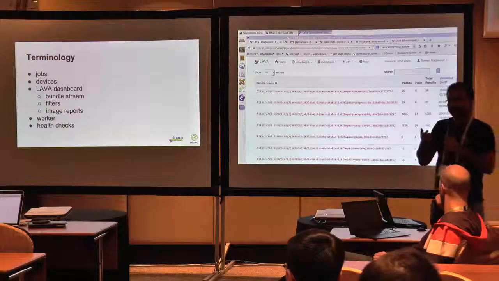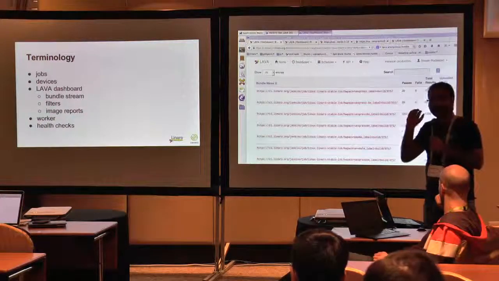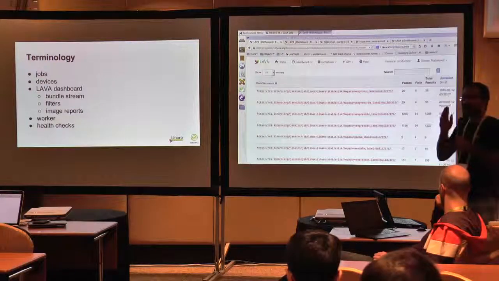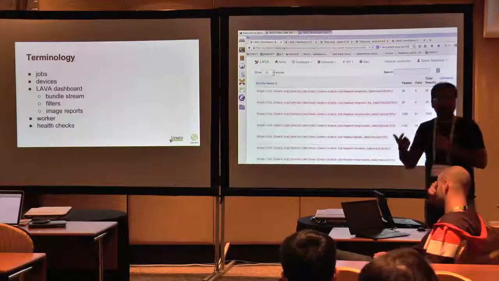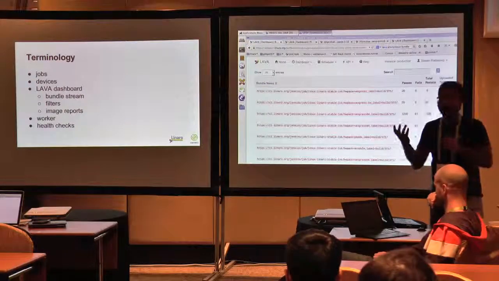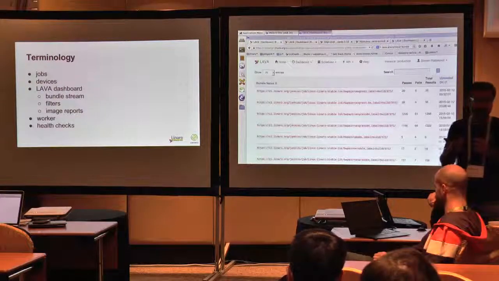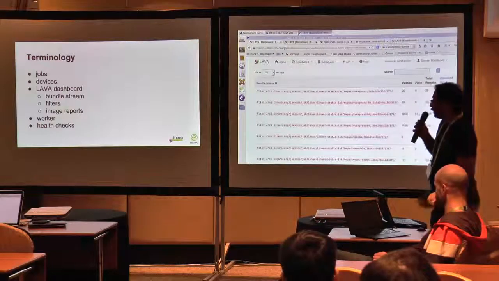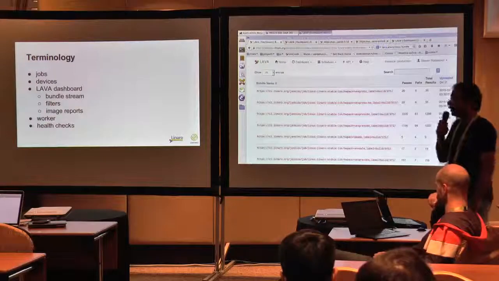For example, if a team has a private bundle stream, all the bundles or test results which go inside that bundle stream will be accessible only by that team. On the other hand, if you have an anonymous bundle stream, it is open to all. Anyone can upload to the anonymous stream and then view the results. And filters, image reports, we'll get back to it in some time.